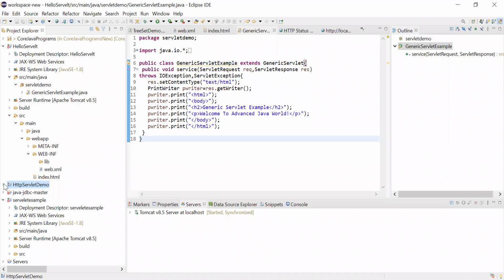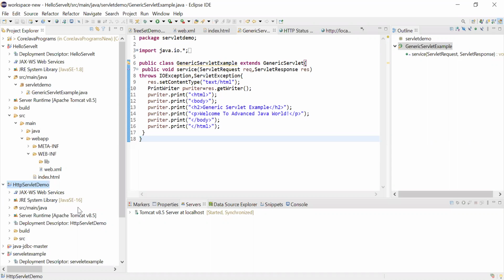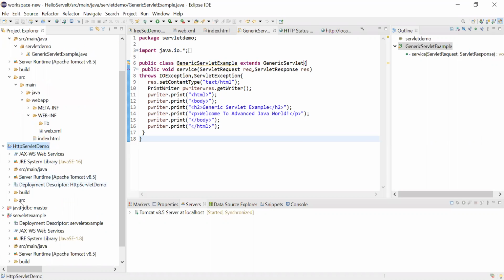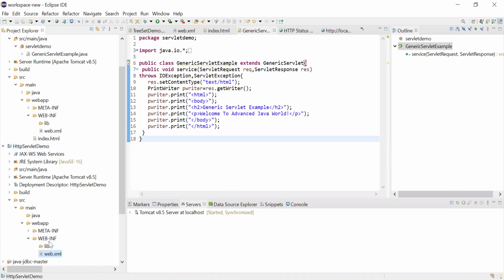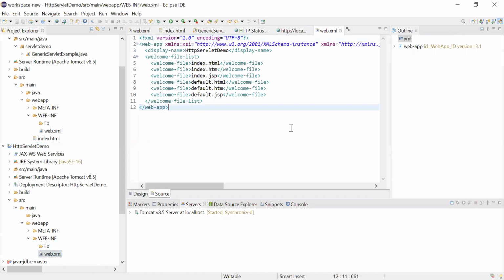The project is created. Here, you can see the build directory is there, src is there, under src main is there, again webapp, WEB-INF, and web.xml. web.xml is a web descriptor file.